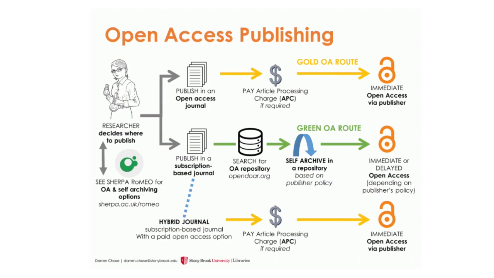Note that there are two different types of gold OA publishing in the traditional sense. One is where you publish in an open access journal, which is a traditional journal, and it does all the things that a journal does, but just publishes all of its work open access by default. The other format is hybrid journals, where it is a subscription-based journal that you may already be familiar with, and the whole journal is behind a paywall, but they may allow select articles to be open access.